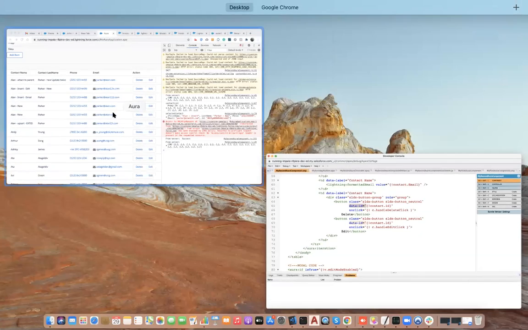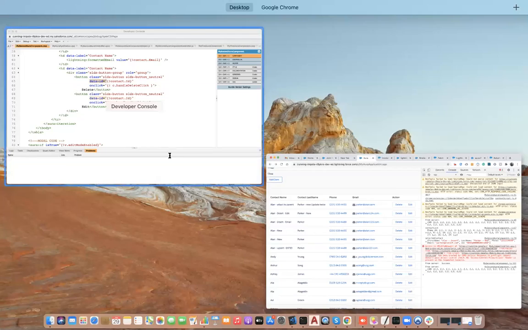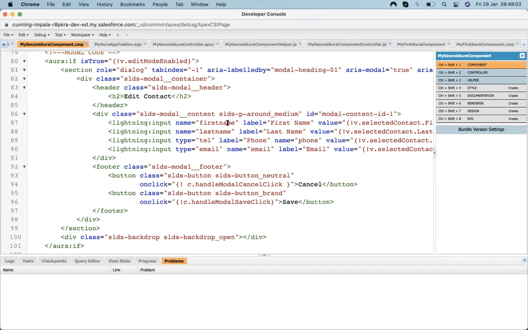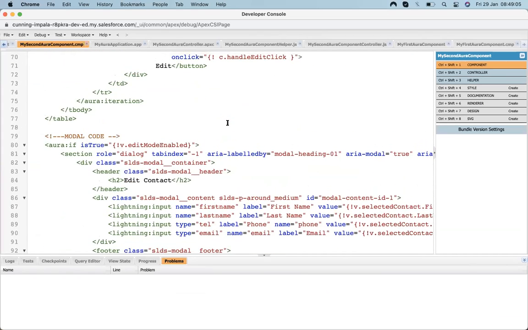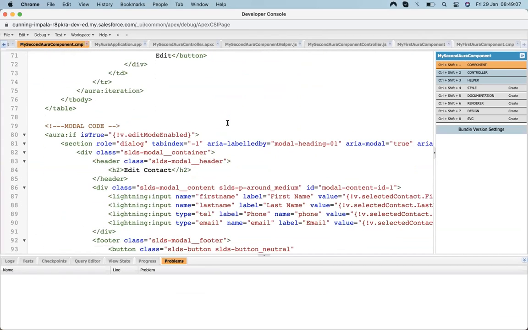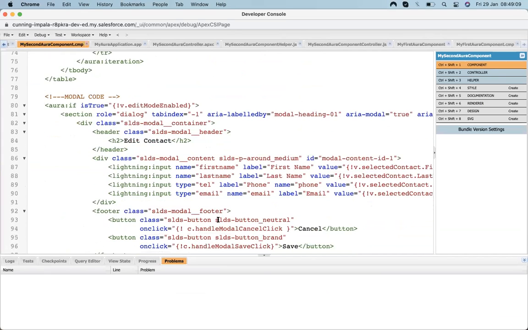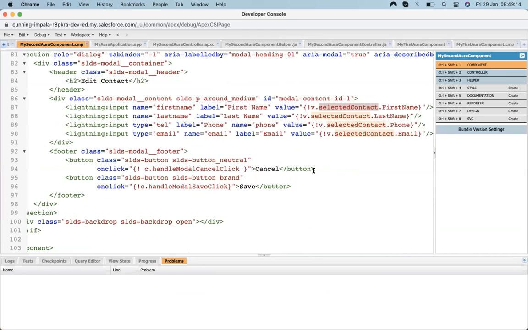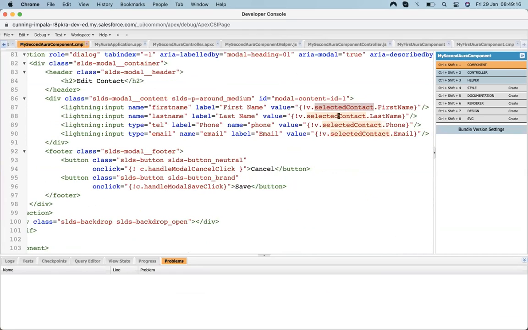Means this is a row, and what approach do we have to take in order to get the ID? What approach do I have to take so that whenever we click on the edit button, the modal pops up, and that modal has fields to update? I don't have to create so many variables, just create a single variable and use the advantage of that single variable to update that record.